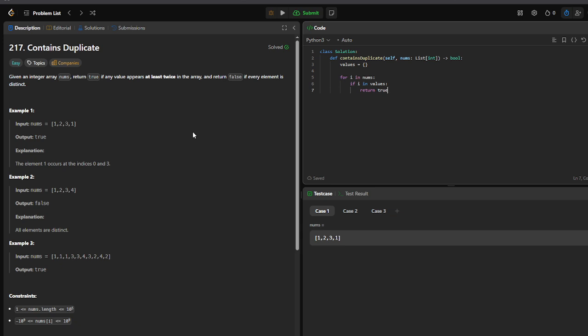Right now we're saying if the current value we're looking at in the array exists in the values hash, or rather the dictionary, then we know that that's a duplicate because it's already existing in there. So we're just going to return true, meaning yep, there are duplicates. And then else,